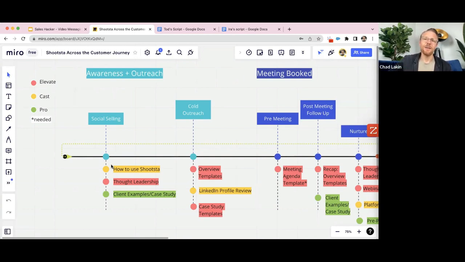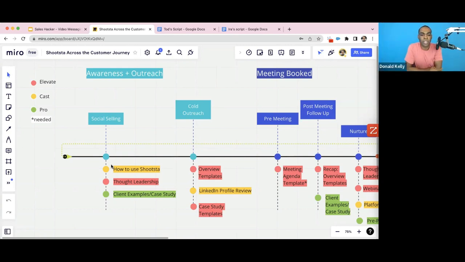Hey, Donald. Yeah, go ahead. I was going to say, one of the thoughts that I have, especially when it comes to that social selling side, an easy thing that sellers can do, or anyone in fact, is just look at the top 10 objections you're getting from your prospects. It's one of the easiest things. Your prospect might say, yeah, this doesn't work in our industry, or this is not going to be a good fit for us, or whatever types of objections those are. Look at the main questions that people ask over and over and over, or go onto your company's website and see the frequently asked questions. Those are things you can be the thought leader on, because you answer those questions without even thinking on a phone. Do the same thing on a video.